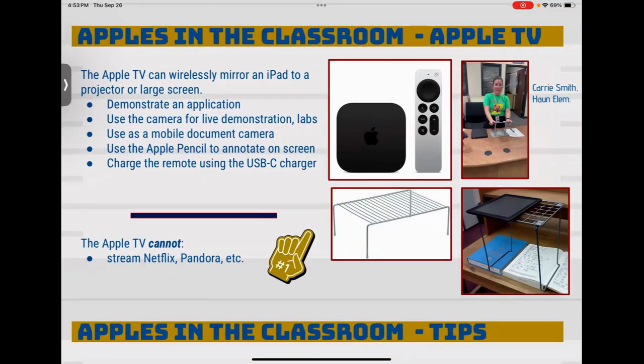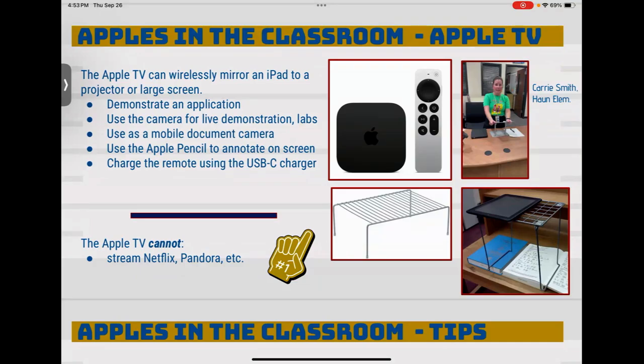Carrie Smith over at Hahn Elementary came up with a really cool solution on how to use your laptop stand that comes with your laptop as a document camera in case you need it. And as you can see, there are some pictures here as well that Lily put in here, that you can use a locker organizer, or maybe anything that has just open space on it that you can hold your